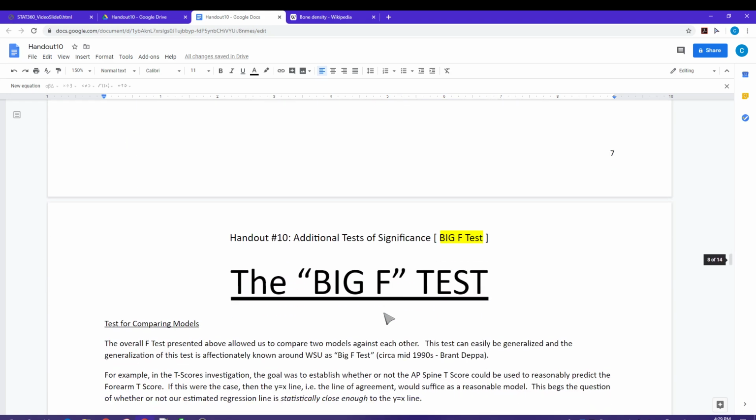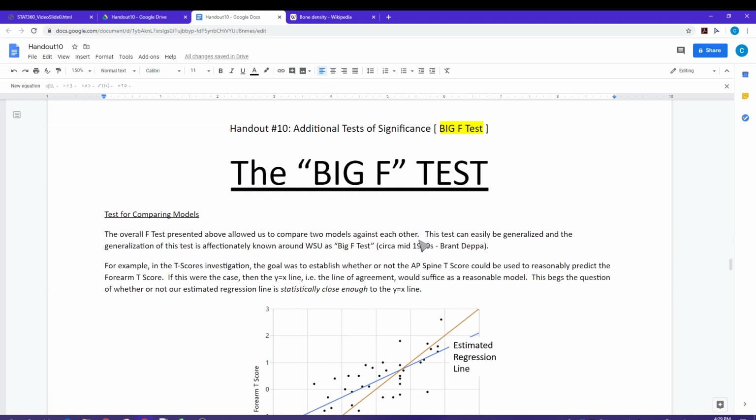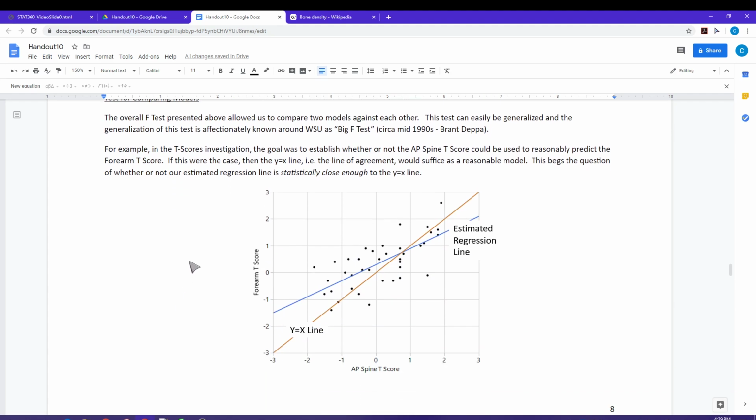And we affectionately call this test the big F test because it uses the F distribution. It's the big F test because it's quite powerful and can be used in a large variety of situations. So let's consider our t-score investigation here. We wanted to determine whether or not the forearm could be used as a substitute for the gold standard spine